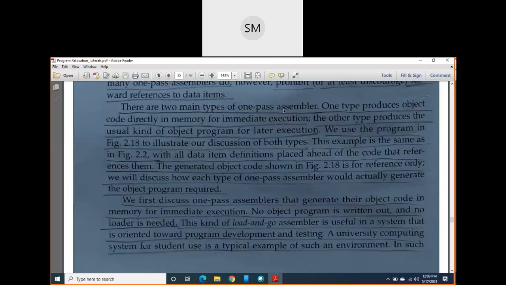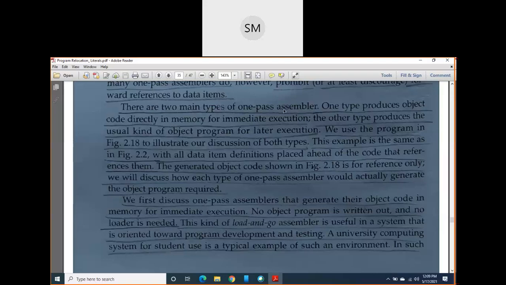When you convert source program into object program, that object program was initially stored in a secondary memory, that is your hard disk or any other external storage device. Now the loader will pick that object program from the secondary memory and load it into the primary memory for execution. This is the practice we have.